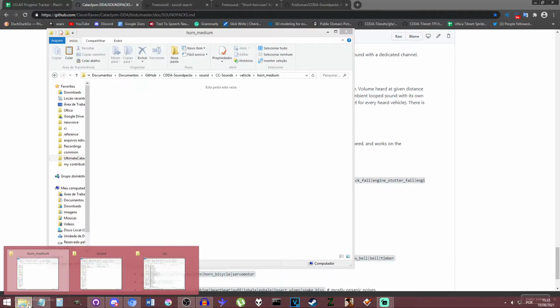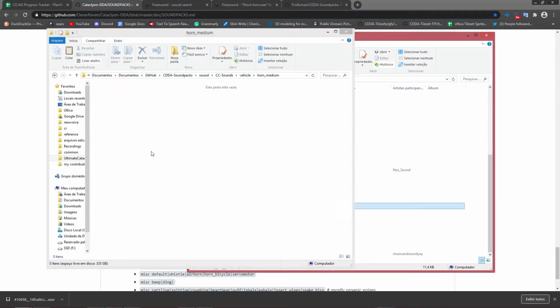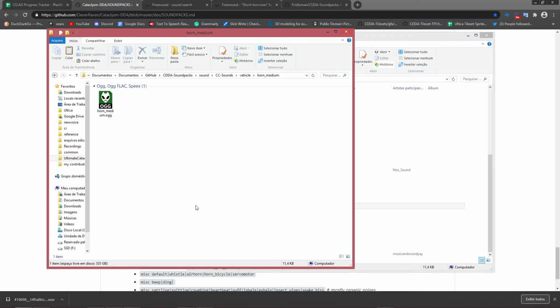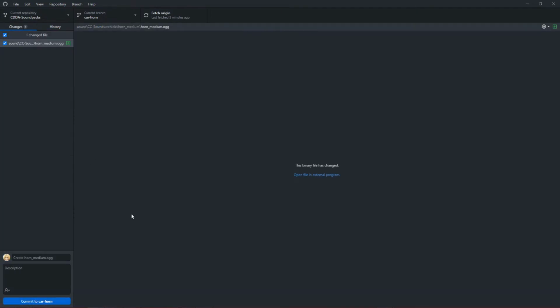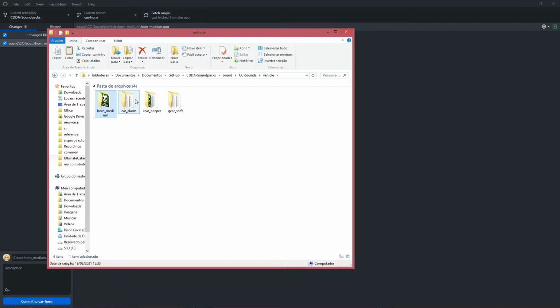And having created this folder, we should just copy over the horn medium sound effect into it, and you should already see that changes have been made to this branch. Your current branch, car horn, has the new file that you have added, but you have only added the sound effect. Now you need to JSON it. You need a JSON file setting up the sound ID and variant to use the sound file that you have created. And to do that, you can take another